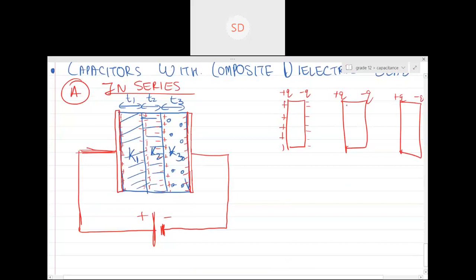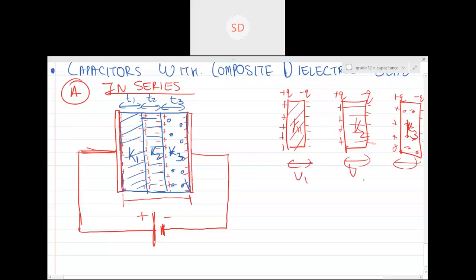Okay, guys. So on the different surfaces, we can assume that this exactly is happening, due to which I can say there are 3 different capacitors of K1, K2 and K3. Since the charge is the same, the potential difference across the plates of the capacitor has been distributed across these 3, right?